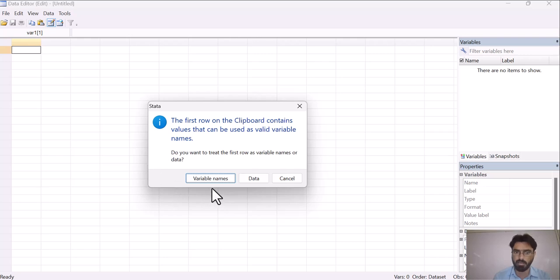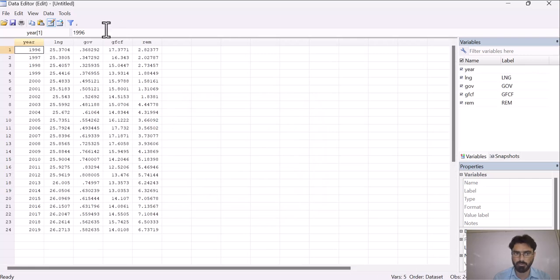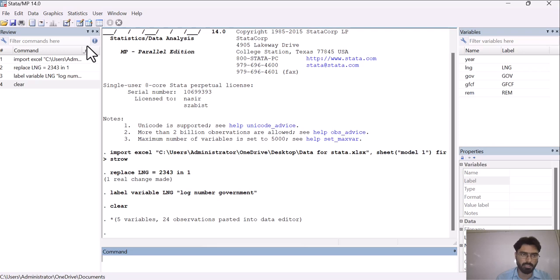So yes, we are interested to treat the first row as variable names. So here you can see that all of our data is present here. So these are the two famous methods that you can use for bringing your data into Stata from an Excel file.